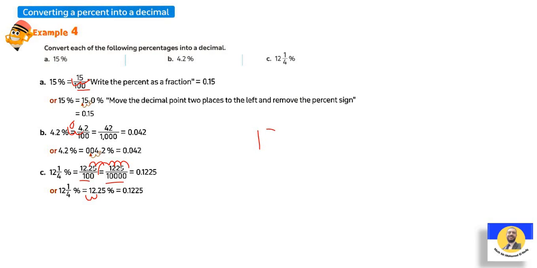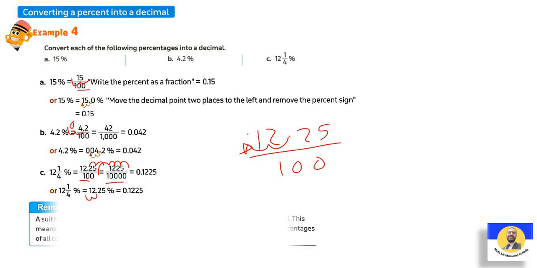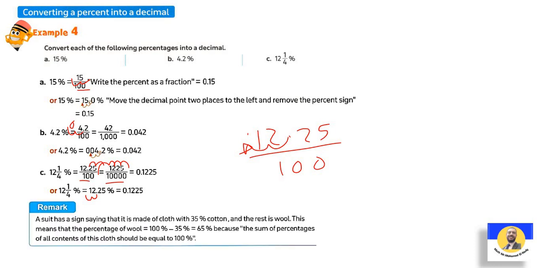But I keep the number as it is and divide it by 100, so move back 2 places and put the decimal point. So a suit has a sign saying that it's made of cloth with